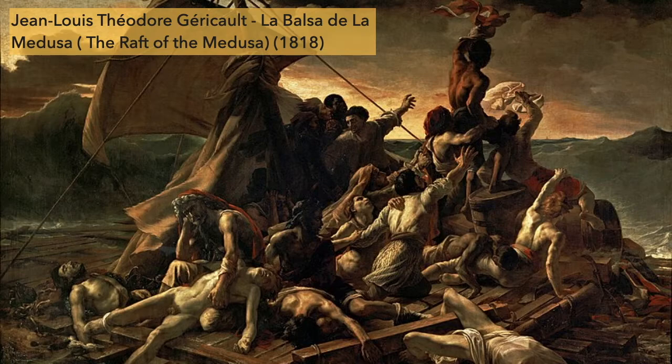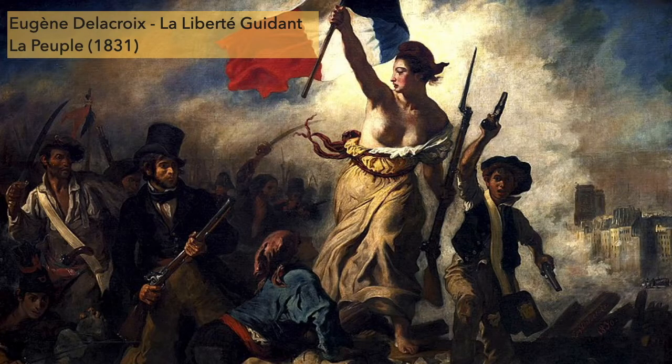That's one very famous painting. Here's another. Possibly the most recognizable painting, at least in France, from the 19th century. Eugène Delacroix, which is Liberty Guiding the People, La Liberté Guidant le Peuple, which was painted about the 1930 uprising that got rid of the monarch at the time. I would say his name, but frankly, I forget off the top of my head, and you're not going to know who it is anyway.